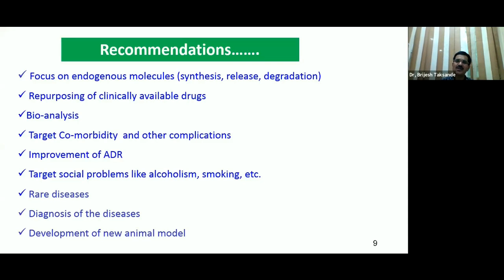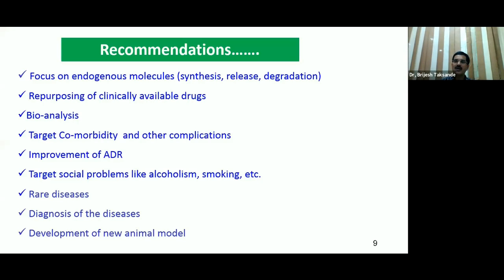You can work on several others. Like, you can think critically about the chronobiology of events. Chronobiology itself suggests that at a particular time these chemicals are released in the body. You can work on it, you can work to increase their release, to increase their synthesis, and to prevent their degradation, so that their availability would be much higher at the time when it would be required at the highest concentration. So think over it, talk with your guide, and decide the protocol